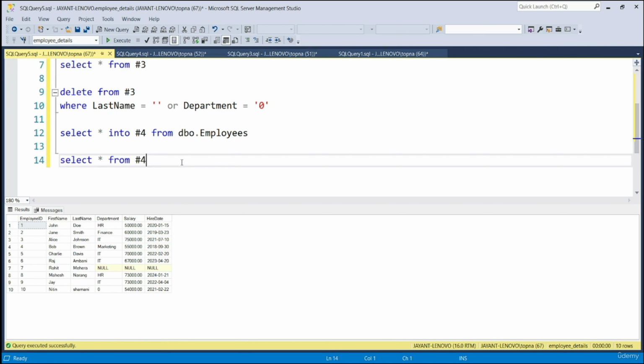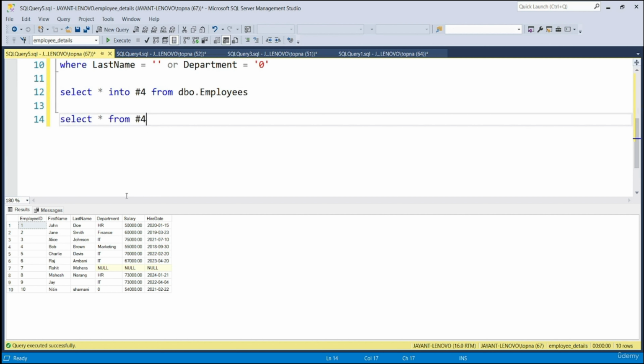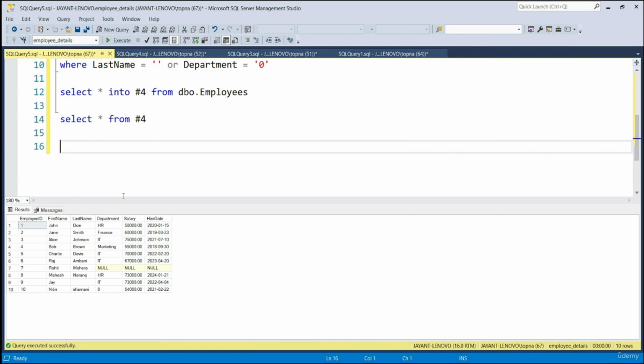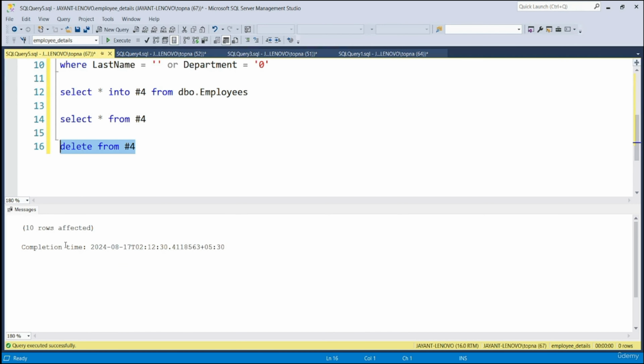Now let's say I am writing a delete statement for the hash4 table without any where condition, and then let's see what happens. So I will simply write delete from hash4. If I select the statement written in line number 16 and execute it, you can see 10 rows affected. It means all the 10 rows were deleted.